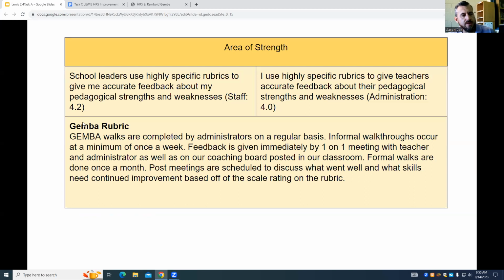So an area of strength, "the school leaders use highly specific rubrics to give me accurate feedback about my pedagogical strengths and weaknesses." Staff score on average of 4.2. And then from the administrative side, "I use highly specific rubrics to give teachers accurate feedback about their pedagogical strengths and weaknesses." And administrators average a score of 4.0 there. So strength